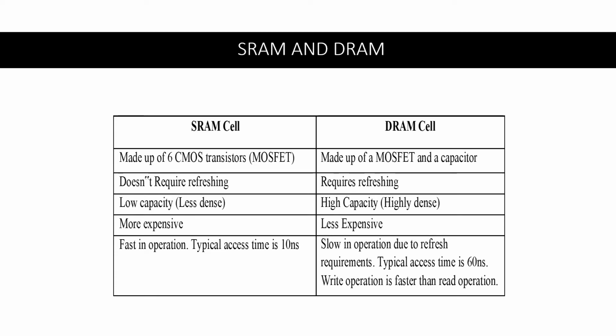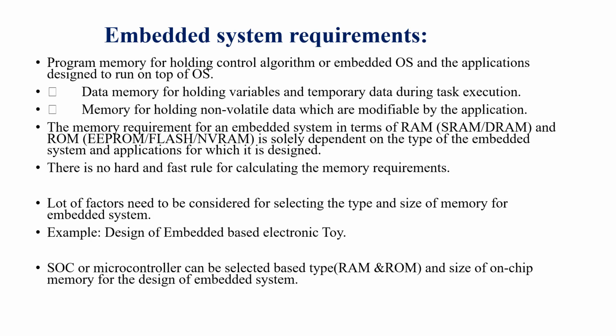Next, this is about the basic system requirements. What does the embedded system require from a memory? It may be a RAM or a ROM. First of all, the embedded system requires a program, right? The embedded system will have a code language, which is an embedded C program. So we need some memory to store the program. Of course, we will always store the program in ROM.